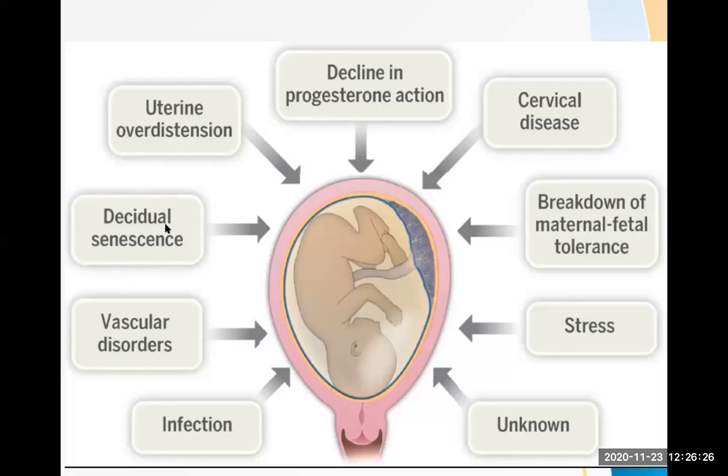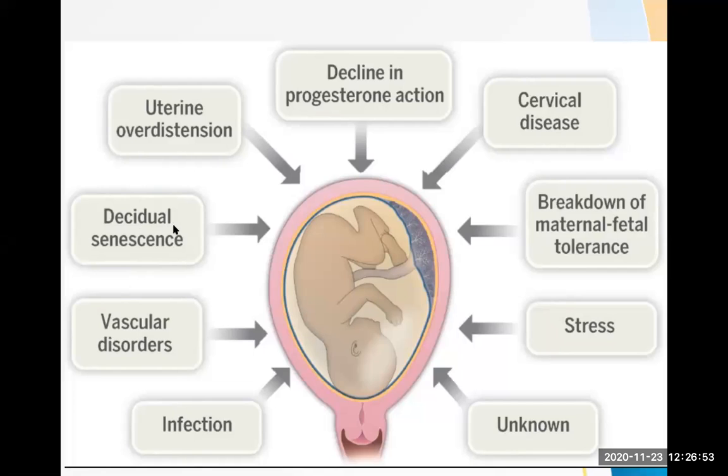So what are the types of decidua? Do you remember? We have learned this a long time ago. I'm not sure whether you still remember this or not. What are the types of decidua? Decidua basalis, decidua capsularis, and decidua parietalis. Very good. Among them, the important one is decidua basalis.